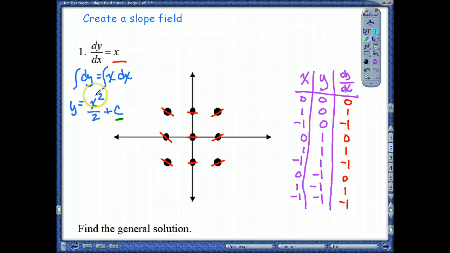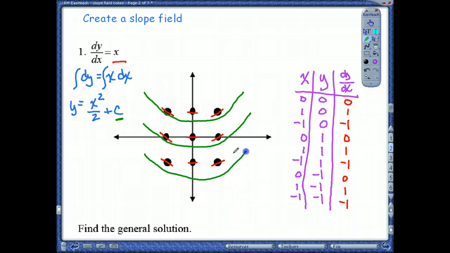But we do know that it's a parabola, and if you notice, look at this, you see that nice little parabola. Where your parabola is depends on what your c value is. So we could kind of get an idea of what these actual equations would look like. General, because of the plus c, if we had a point on this exact equation, we would be able to narrow down which of the parabolas it did